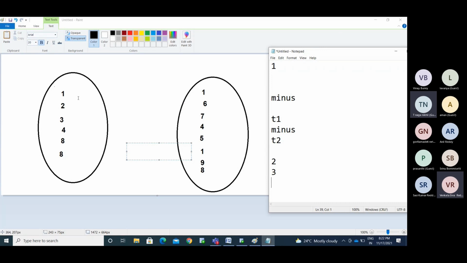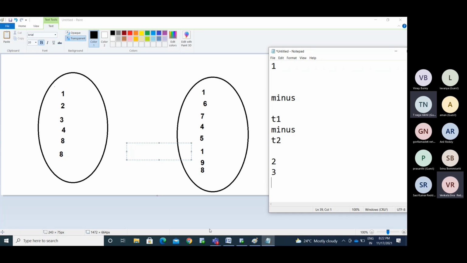Okay. Create some table with one column and insert these values 1, 2, 3, 4, 8, 8, the similar values. Like I said, this is the T1 table, this is the T2 table, and perform union, minus, intersect, all of them. Perform on the individual single column and perform the actions.